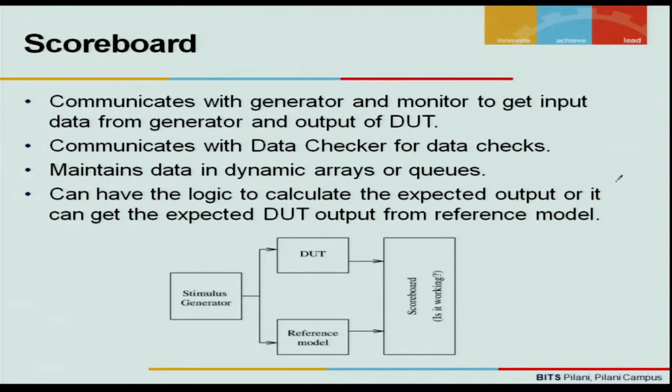And once you have received the output from that side, again you compare whether it's correct or not. So by doing that, basically what you are doing is you are pulling that checker inside the scoreboard itself, and you are modeling this reference model. You don't need a reference model parallel to that if the design is very simple, but generally for complex designs we have a separate reference model which we give parallel with the DUT.